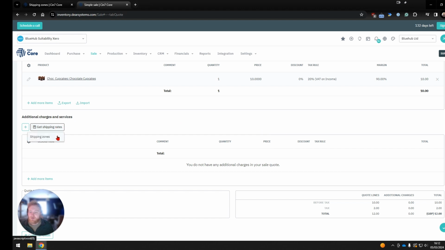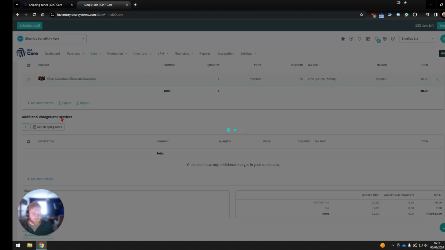We're going to get our shipping rates from our shipping zones. If you're connected to ShipTheory or a different ShipStation or a different shipping app, you sometimes will get a drop down here as well, which allows you to get the shipping rates from that platform. If we click get shipping zones from here, once I save,